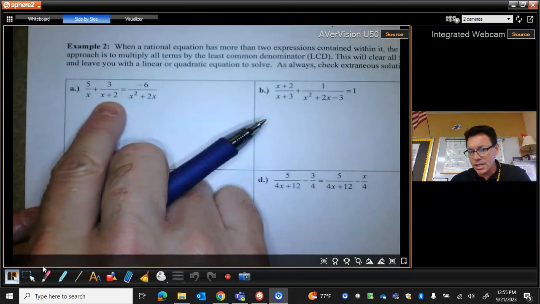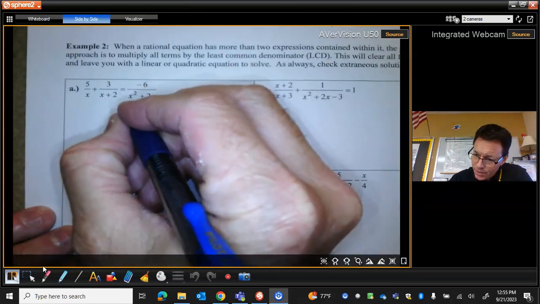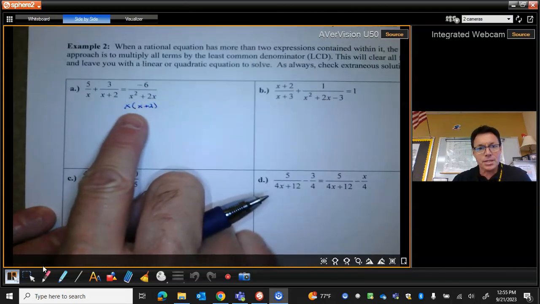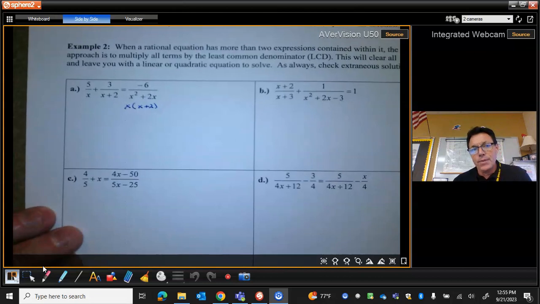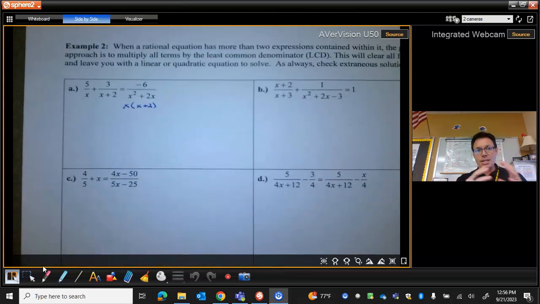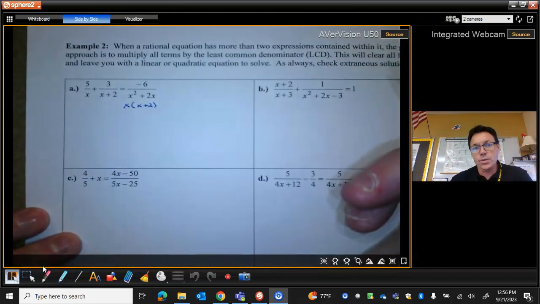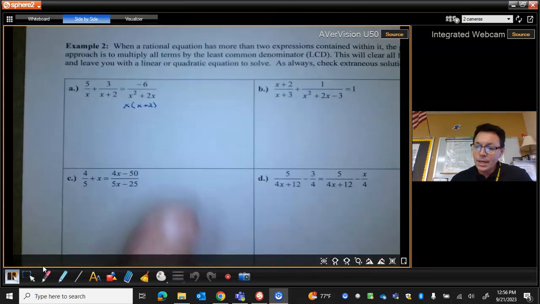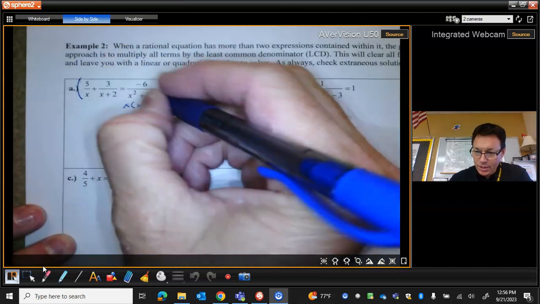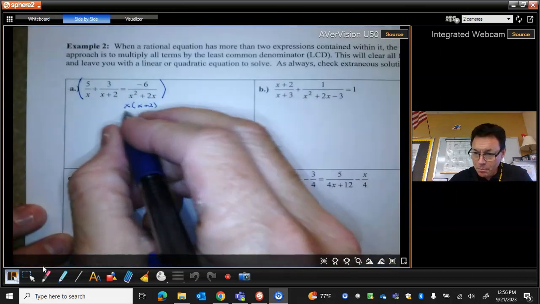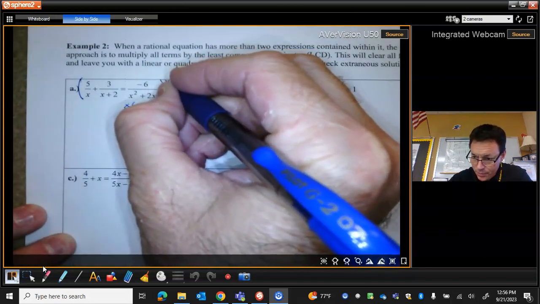This is an x plus 2. If you factor this, this is an x times an x plus 2. So that actually is the common denominator between all these. Now, I do not want to go through the trouble of creating common denominators and trying to solve that. What's a much easier way to do this is to just get all your denominators to just disappear on you. If I multiply everything, and I mean everything, both sides, that fraction, and that fraction, by this common denominator, one at a time,